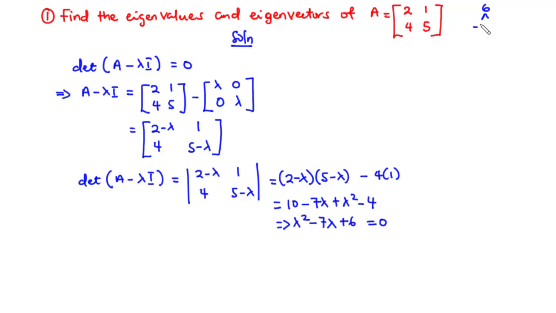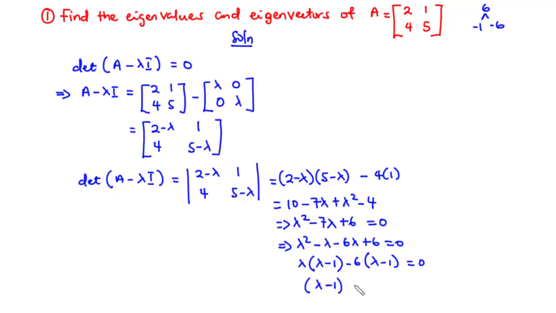So we know that negative 1 times negative 6 is 6, and then negative 1 plus negative 6 is negative 7. So this becomes lambda square minus lambda minus 6 lambda plus 6. So we factor out lambda, and then we have lambda minus 1, and then minus 6 into bracket lambda minus 1 equals 0. So we have the factors to be lambda minus 1, lambda minus 6, and that is equal to